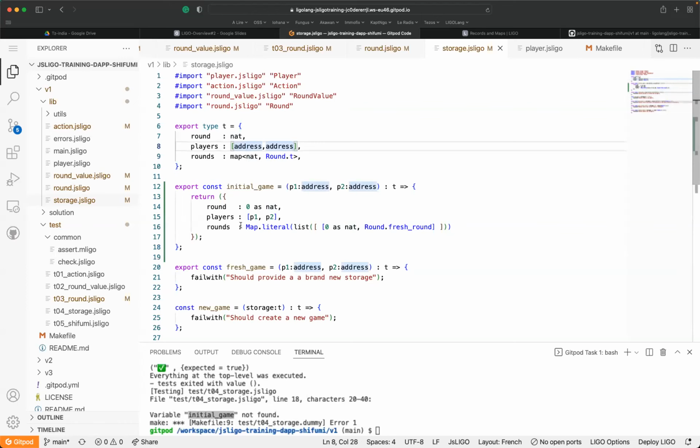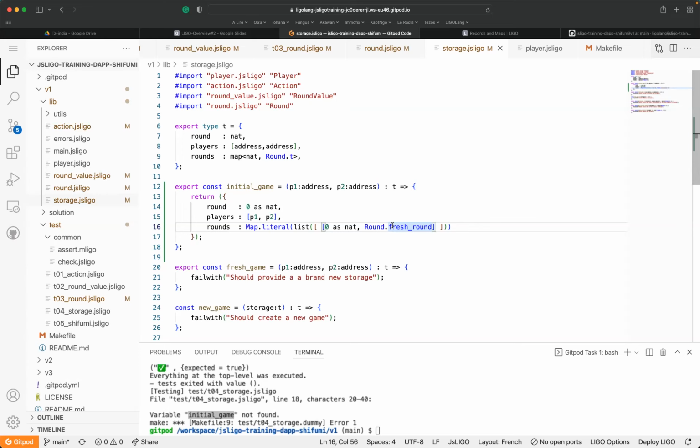And we are going to create rounds with the first one, at the index 0, which is the current one. And we say that the current one is the fresh round, okay? So nobody plays. So here, fresh round is, if you remember, a pair with 2 round values, which are waiting and waiting, reflecting the status of the game for player 1 and player 2. So this is the initial game. So I let you write the code in your file. I don't know why it's missing.